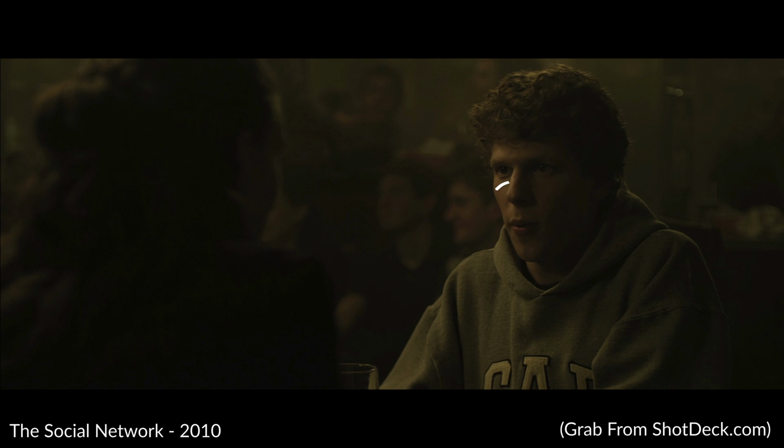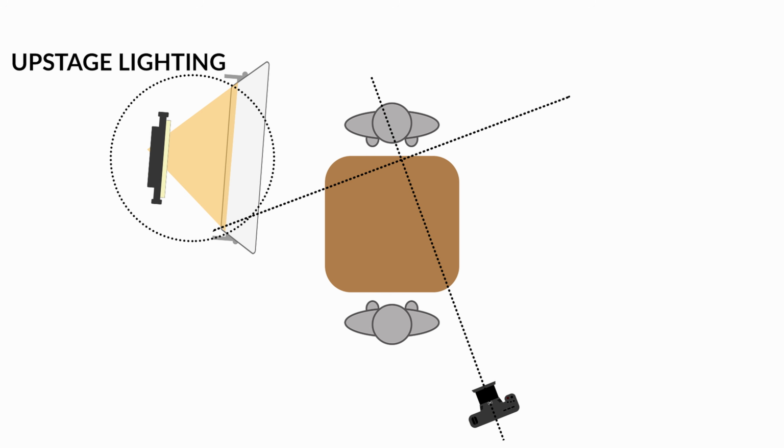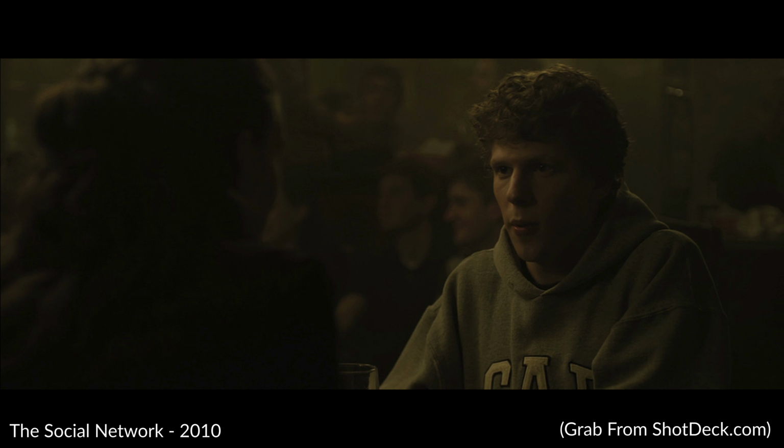It's very smooth. You've got a very smooth roll off from the highlights across into the shadows across the face. So we know that we need soft lighting, but we also know that we have a far side key. So soft lighting and upstage lighting is very important for lighting our subject. And then last but not least, you also take note of that little rim light that you've got on the